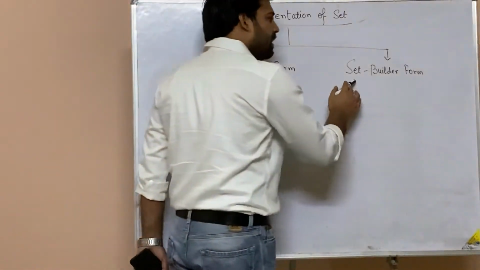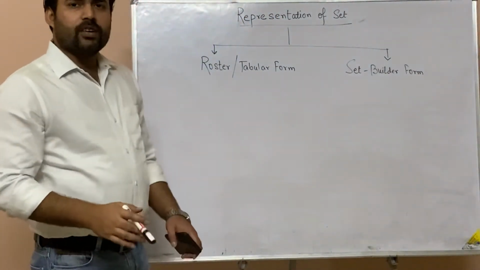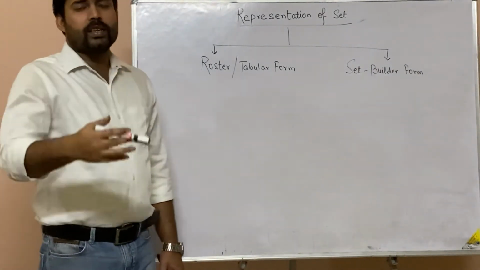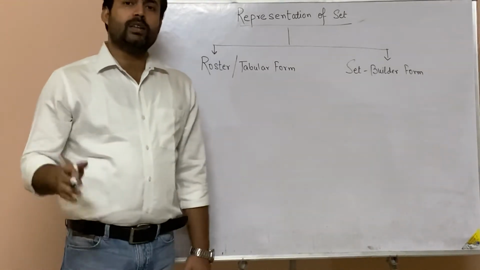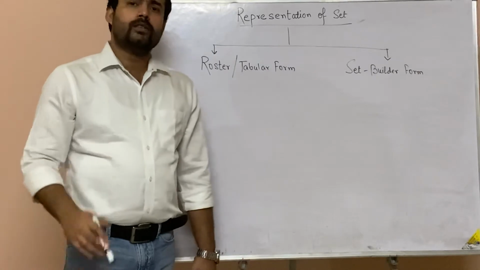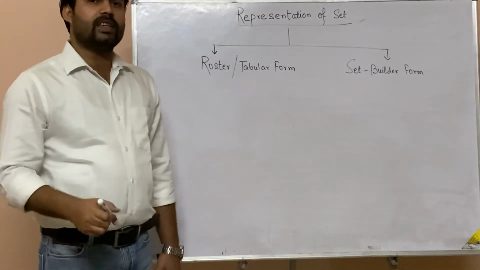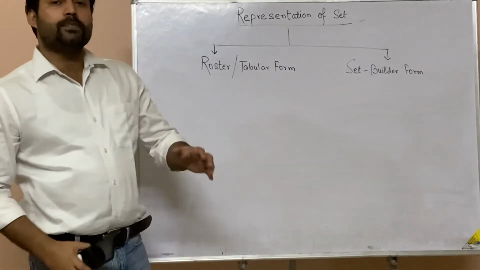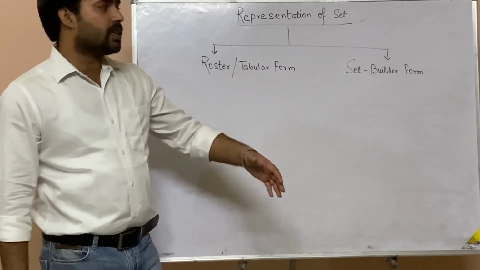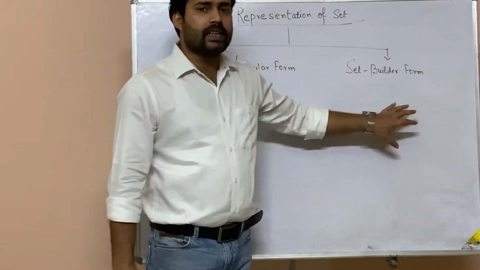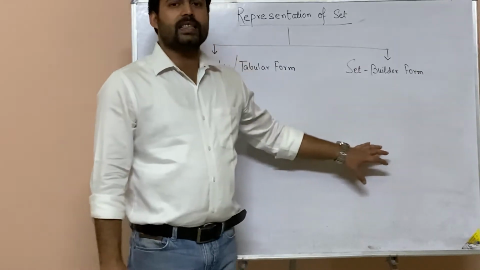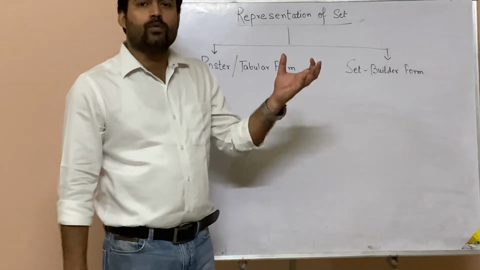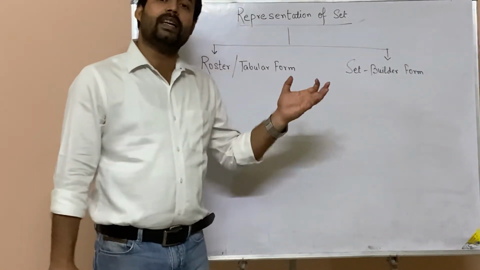And in case of a set builder, instead of representing every particular entity, because suppose the data is very huge and writing down each and every element is not possible, we'll try to take out a criteria, we'll try to make out a story, a mathematical statement. The statement's result should be hinting towards what? The elements. You write down something about the elements, by reading which I can get to know, I can visualize, I can understand what the numbers exactly are, what the elements exactly are.